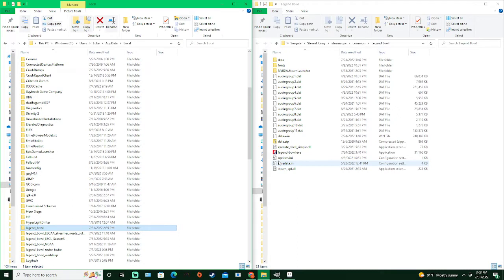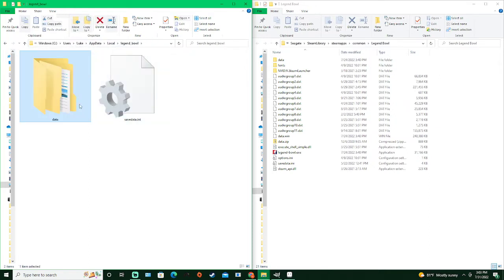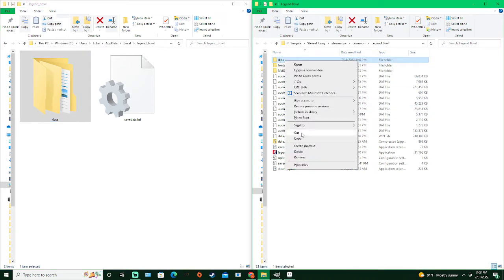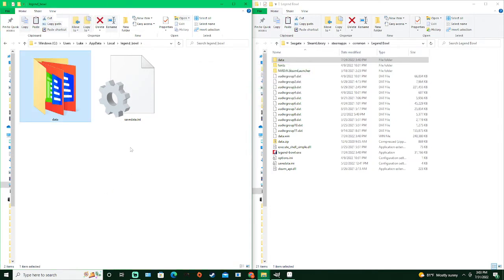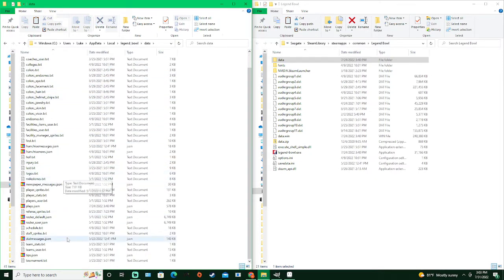So basically the starting point is we have our Legend Bowl folder over here, our clean Legend Bowl folder. When you open it up, there's basically nothing in here. So what we're going to do is we are going to take this data folder from Steam Apps, we're going to copy it, and we're going to paste it into this one. And now when we open our data folder, we have all the different files that we might need